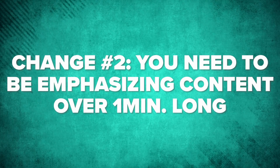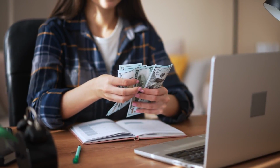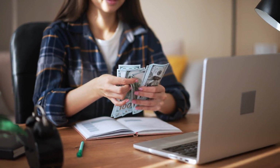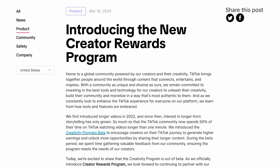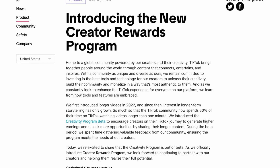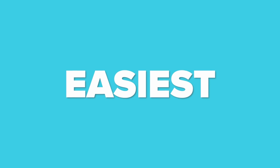But before we get to it, I need to make sure that you're emphasizing content over 1 minute long. Content that's over 1 minute long not only is getting more views on TikTok right now, it's also more likely to rank for search, and it's the content that TikTok pays the most money for. In fact, TikTok just came out with a new creator rewards program, and guess what? All you need is 10,000 followers and 100,000 views in the last 30 days to be eligible, which means that this is one of the easiest programs for you to qualify for and actually be able to make money on